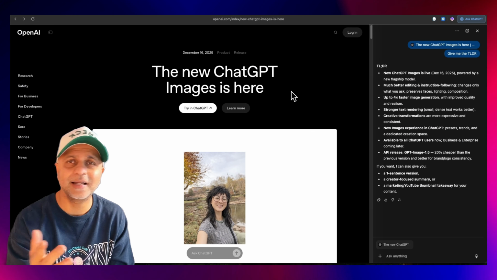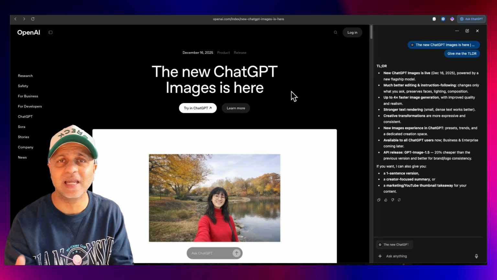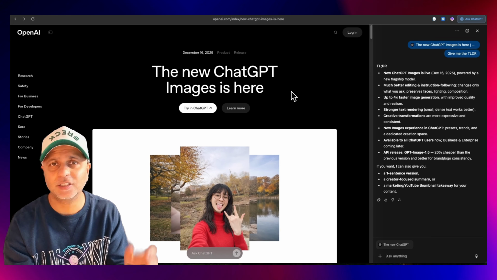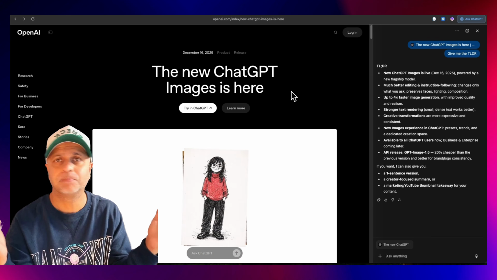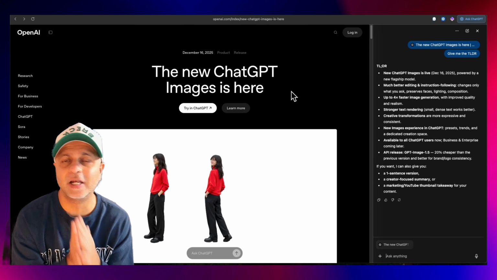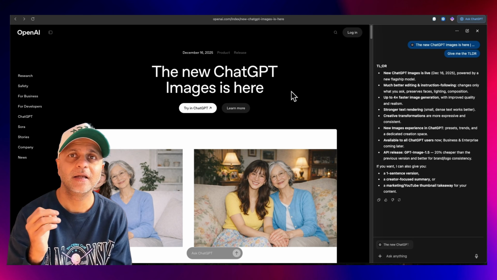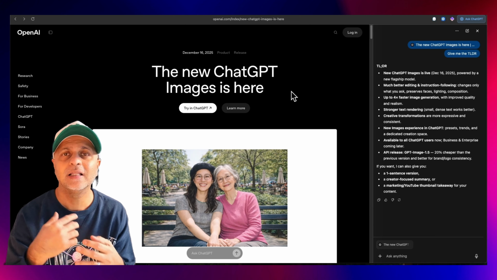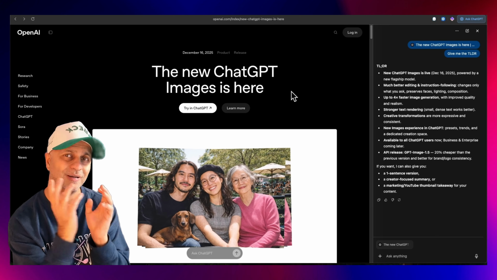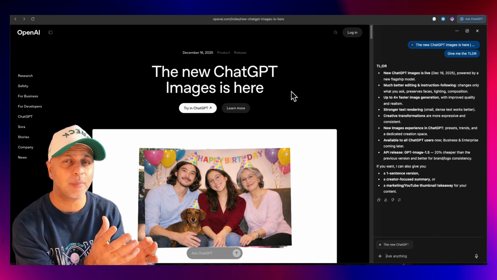ChatGPT has done it again. We are in this cat and mouse game between Google, ChatGPT, Claude, and whoever else wants to join in. And today we are looking at images in ChatGPT. They have made it better, nano banana quality better. I think so. I'm going to show you a lot of examples, but before we get into it, here's the